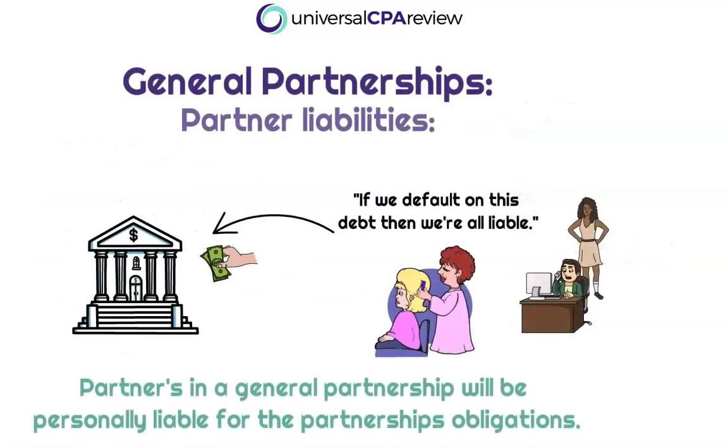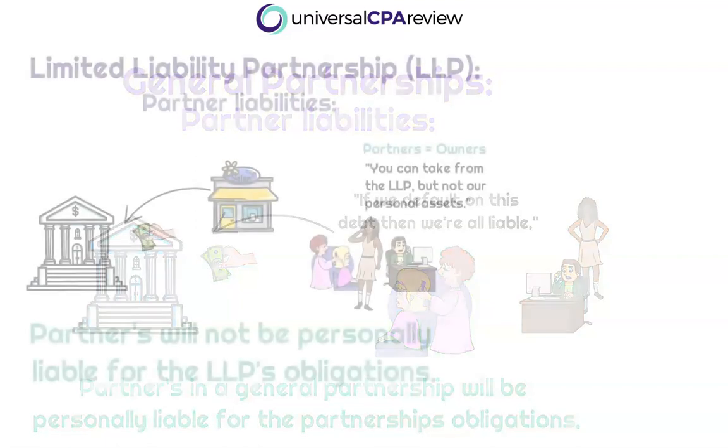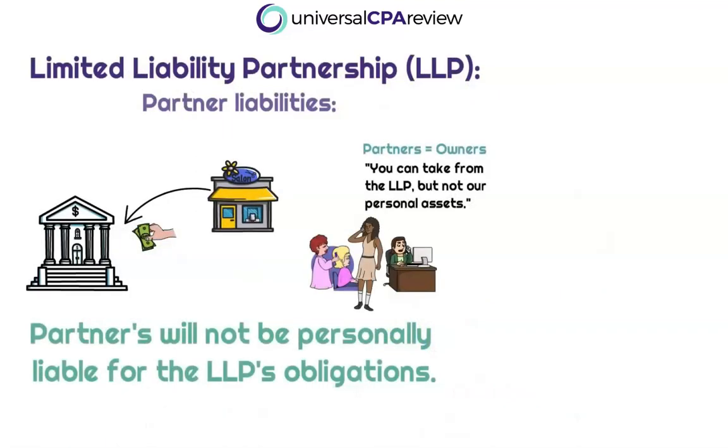Well, it means if Becky, Stacy, and Rhonda started this partnership to run their hair studio, and they borrow a boatload of money and default on that debt, that means that each of Becky, Stacy, and Rhonda are going to be personally liable for paying back the debt, right? Not just the partnership. Okay, so that means that they can come after their personal liabilities if this is a general partnership or even a joint venture. But if it's a limited liability partnership, one of the advantages is that the creditor cannot come after the limited